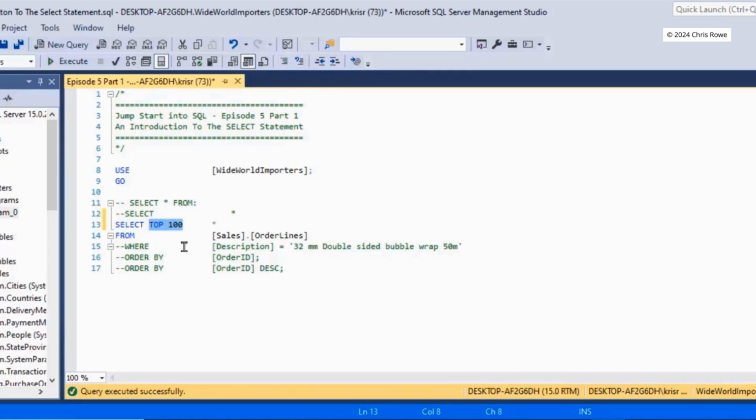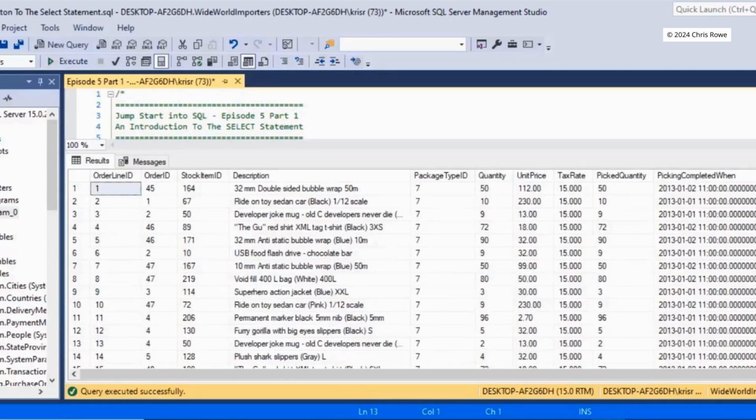If I wanted to say just the top 100 rows from this table, you type it out like so, and let's see what happens. Execute, and as you can see in the bottom right, it's just 100 rows. Now if you remember,